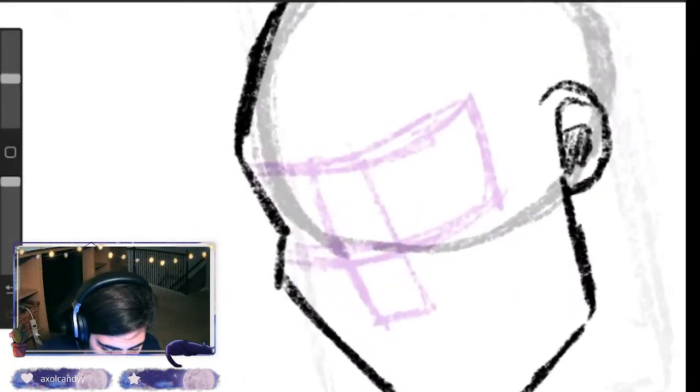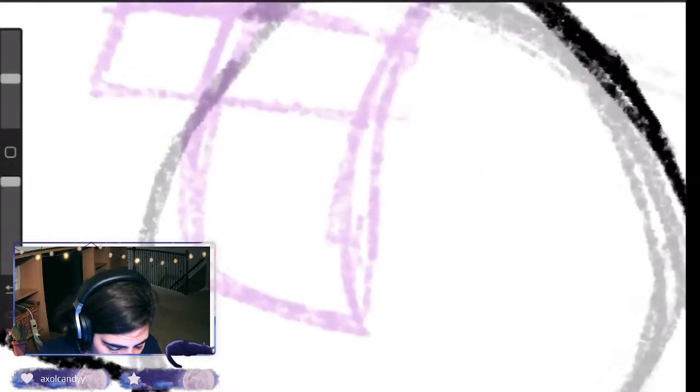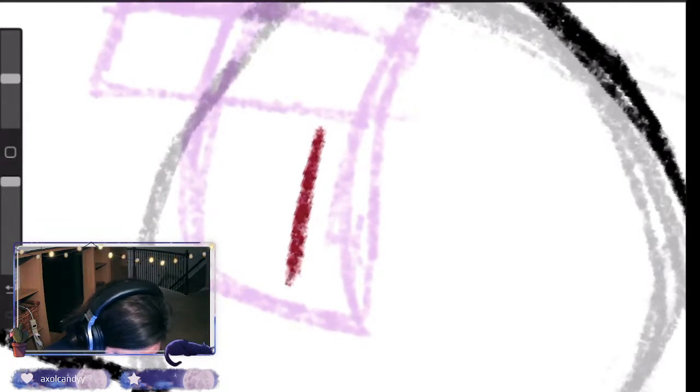Alright. Now, for the more triangle eyes, we're going to make them kind of swoopy, right? So we're going to have a straighter line on top with a couple of,